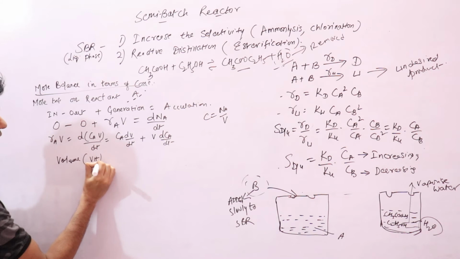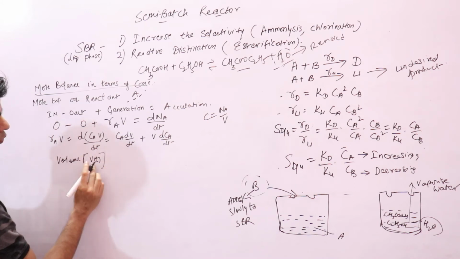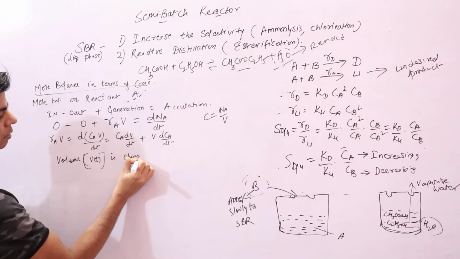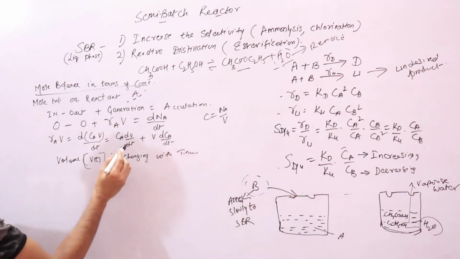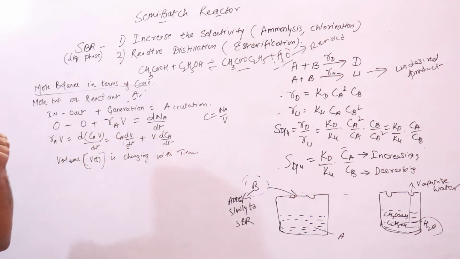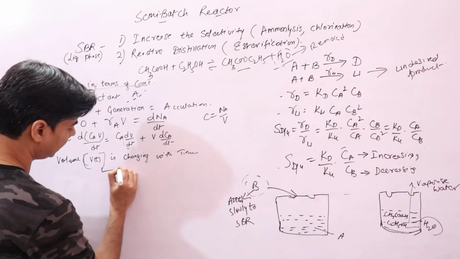Volume, that is, which is a function of t, V(t), volume is changing with time, right? So we need to find out the value of dV/dt. Since the reactor is being filled, we said that V varies with time, right? The volume inside the reactor is changing with time. So V(t), now we need to calculate volume. This is calculated using